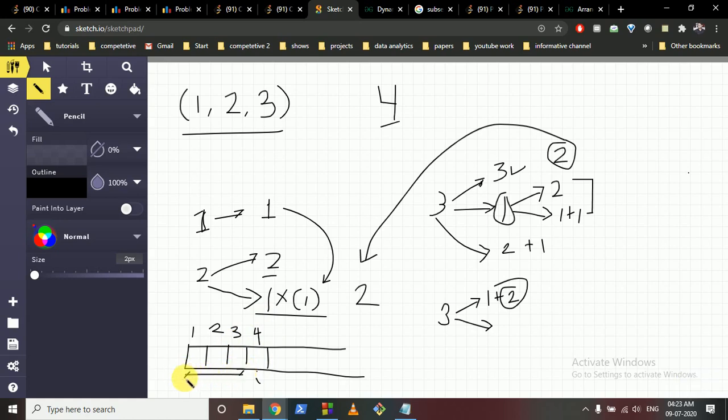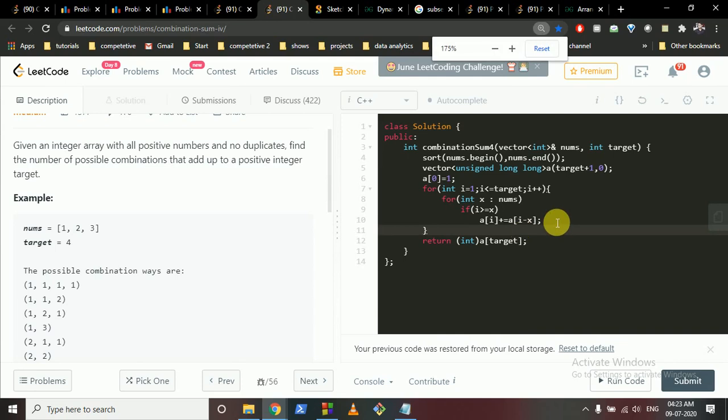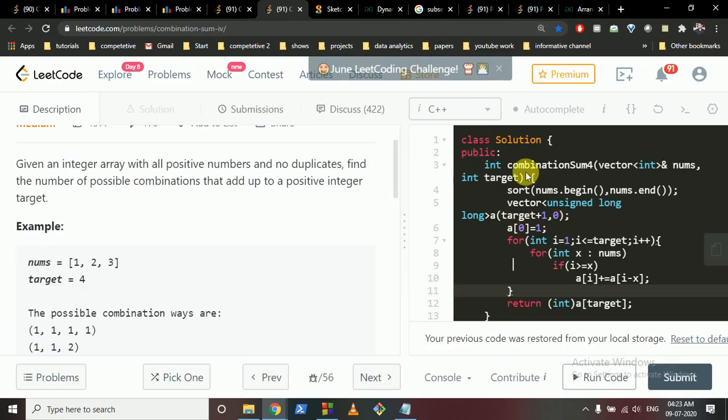Okay, and what we'll do, we will sort this array first to make it easier to find out how many elements are less than this element. I'll take it down to the code part to make it more clear. So this is the code. Okay, it's become very large.